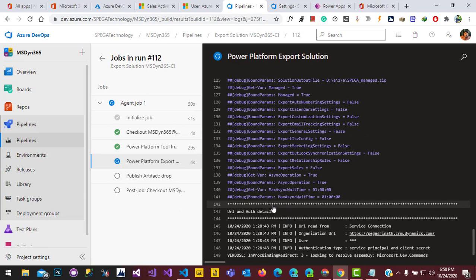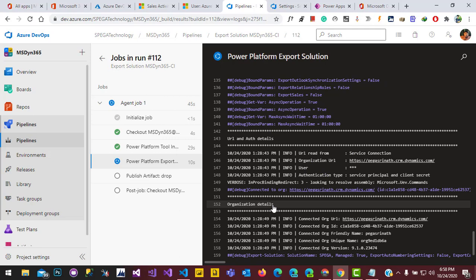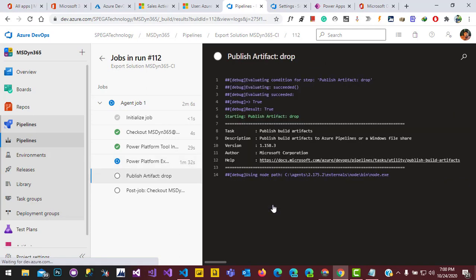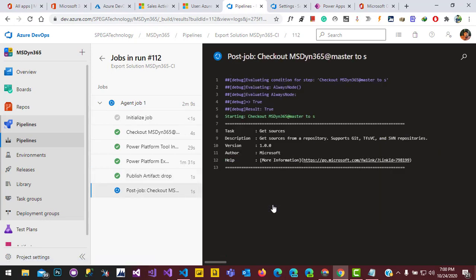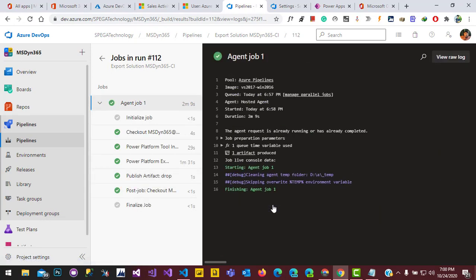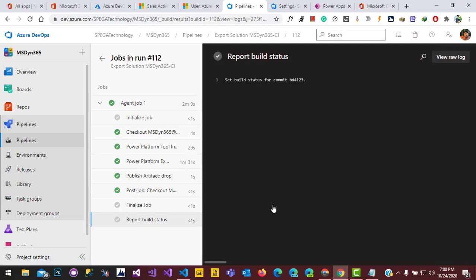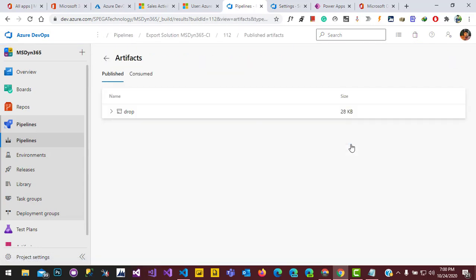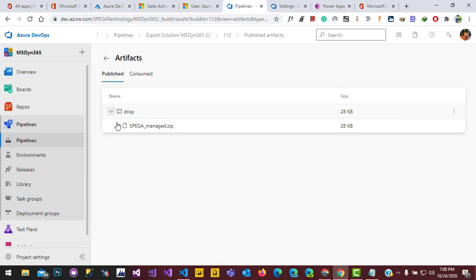The export task also started. Yeah, the pipeline got executed successfully, and one artifact was also created. Just go to the pipeline, click on the published artifacts, expand that folder. The solution got exported from the environment.